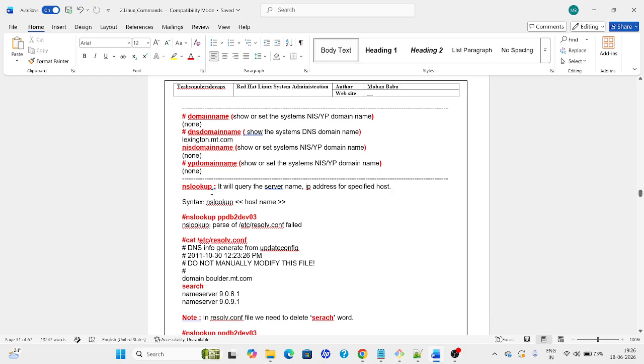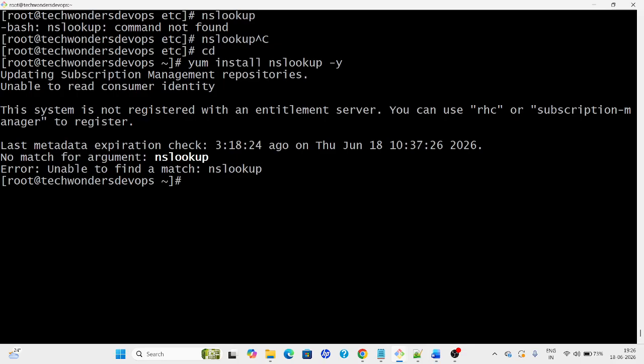We have to install it. It will query the server name and IP address for the specified host, and it's going to display them. To install nslookup, we have to run the same command, sudo